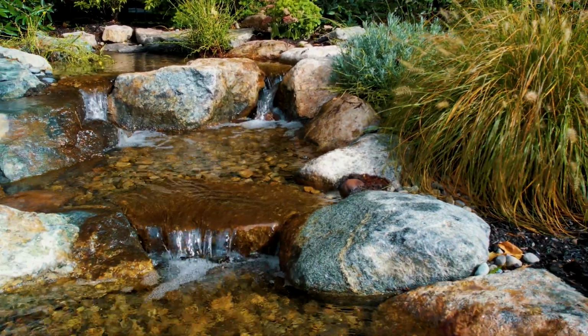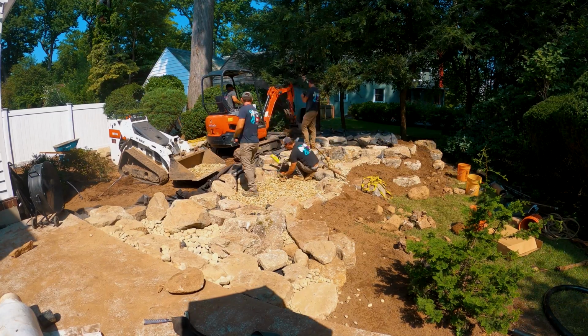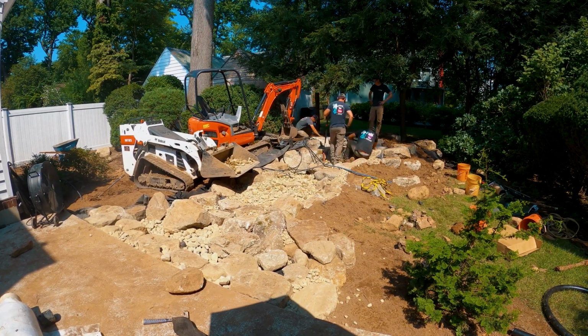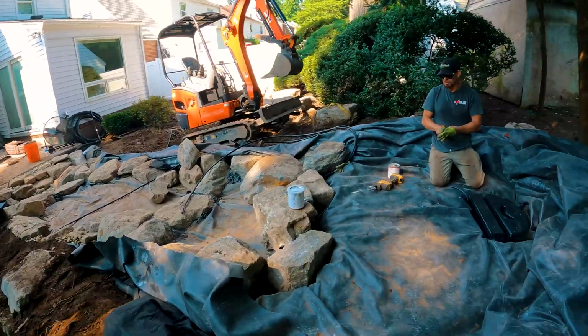All right, we are back, day 3. We've got 4 guys here, Brennan, Jason, Boley, and myself. We are going to wrap up and completely finish this main falls with the upper pooling area, the splits, the pooling areas, the edges, get our plumbing run up and connected to that spillway, button all this up so we